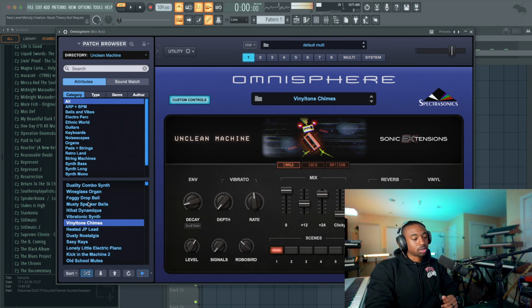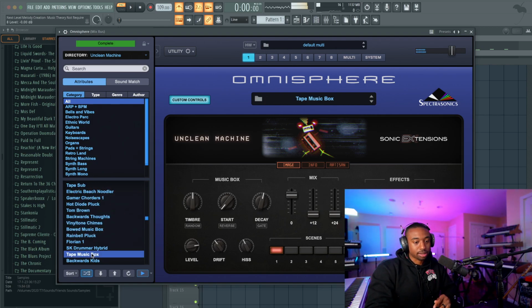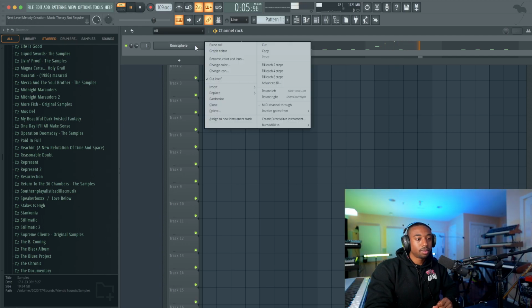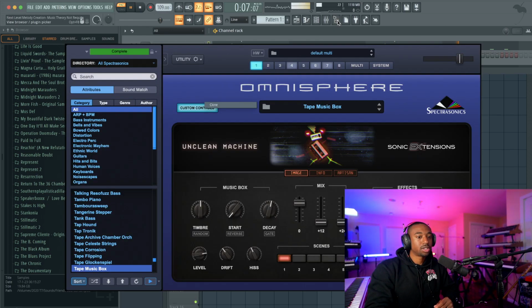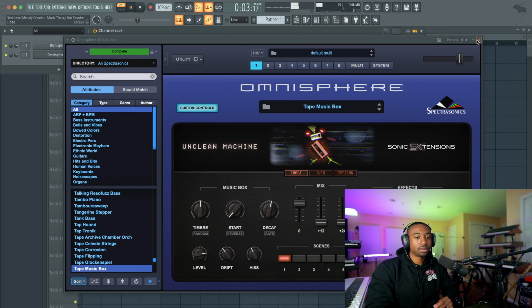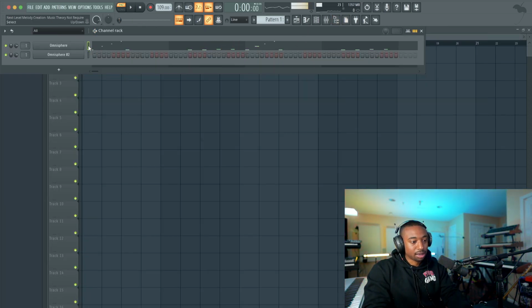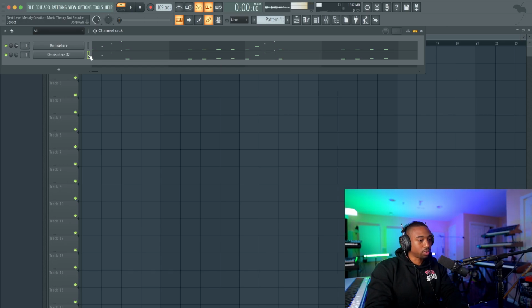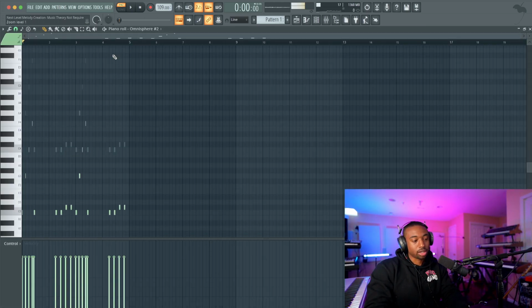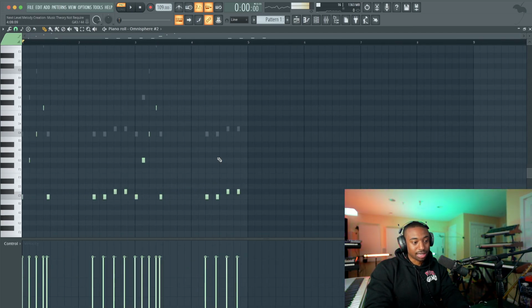So now that everything's quantized, let's go back into Omnisphere now and start hitting shuffle to switch out the sound. And now we're going to have different bounces. Let's clone the Omnisphere. I'll show you a tip to make a counter melody here. We're going to copy the same exact notes, hit Control C, Control V. We're just going to hit Control down. Okay, so all I'm doing is just lowering all these notes down an octave.